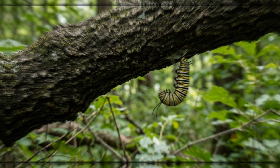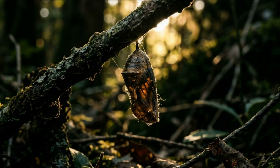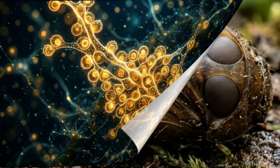The larval body is actually being partially dissolved and rebuilt. Its tissues break down into what biologists call a cellular soup, a suspension of undifferentiated cells called histoblasts. From this liquid soup, the adult body assembles itself according to a dormant genetic blueprint. The legs, wings, compound eyes, and the characteristic spotted shell, elytra, are constructed from scratch over the course of 7